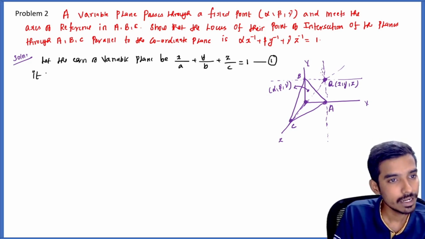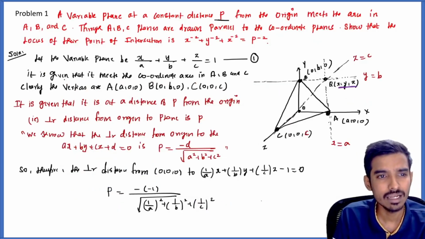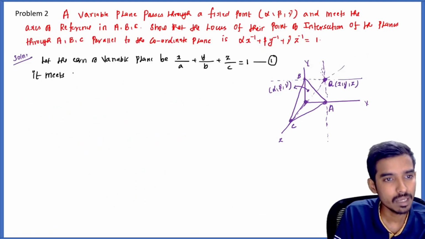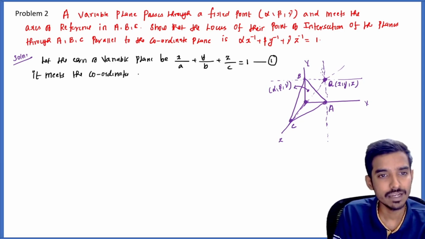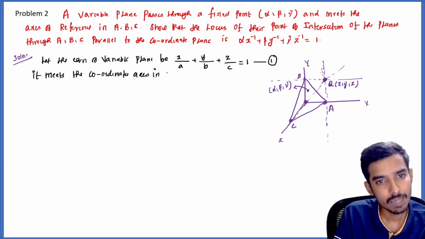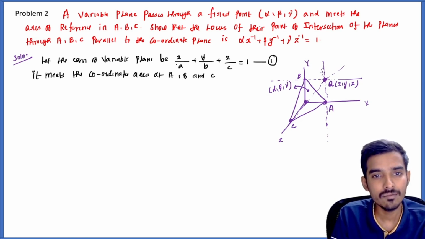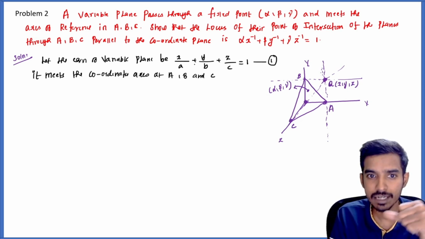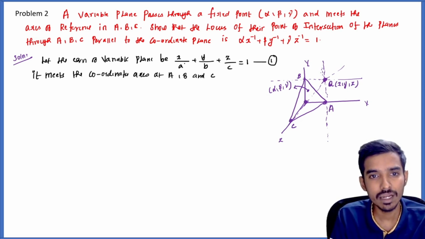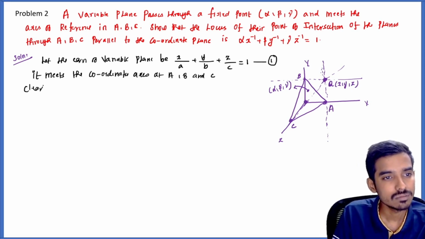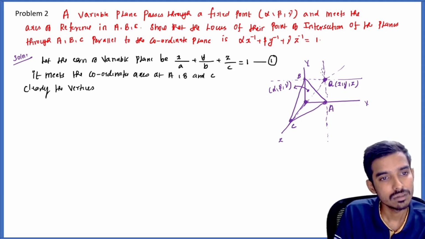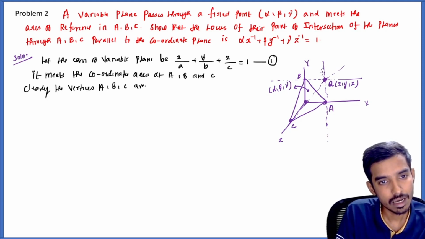Right? It meets the coordinate axes. I'm just writing the same thing. It is given that it meets the coordinate axes, or axes of reference, in points A, B, C respectively. Now what are the vertices of ABC? Clearly, we have said the equation of the variable plane is x by a plus y by b plus z by c is 1, and you can see the x intercept is a, y intercept is b, z intercept is c. So clearly the vertices A, B, C